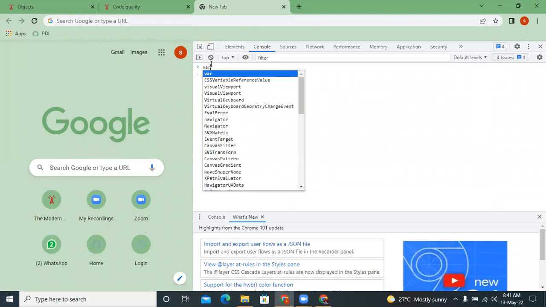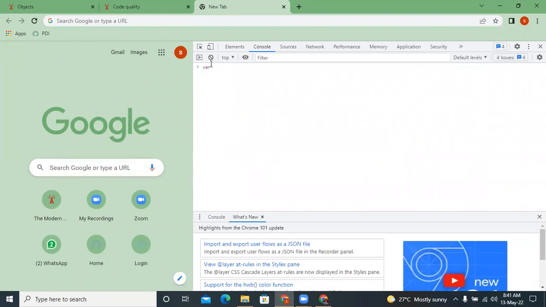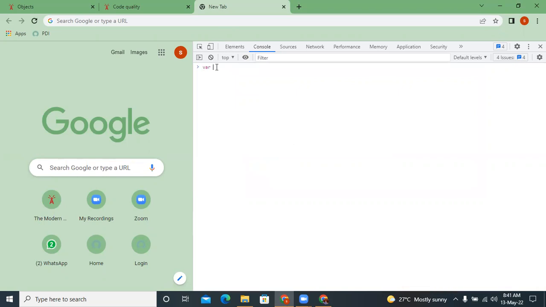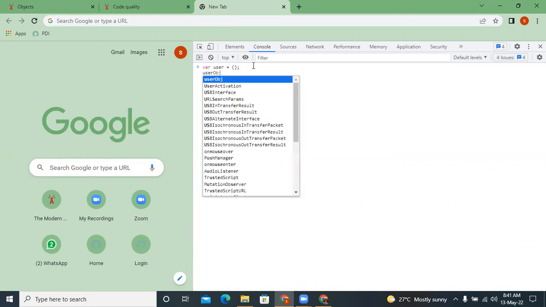Initially we have assigned a few values already, age and name, right? For example, we can even create an empty object like this. User is an empty object, and we can even give the values, which is the same thing, like